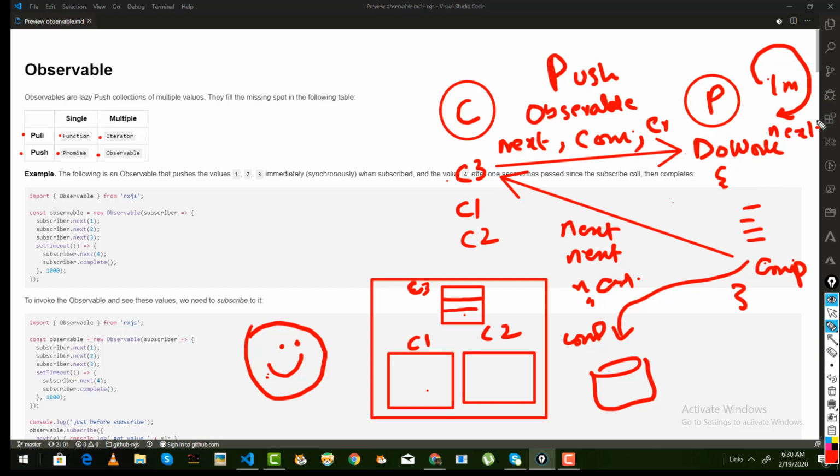Like it's calling over here, it's calling over here, and if there is an error, it will call error. And the consumer who sends those functions can listen to those functions and act upon it. That's the push-based system, that's the observables. As you can see how it differentiates from events, how it differentiates from promises, that, I think, is quite clear